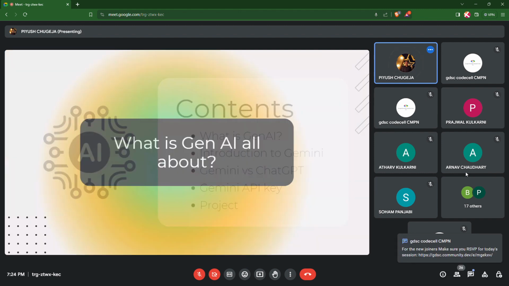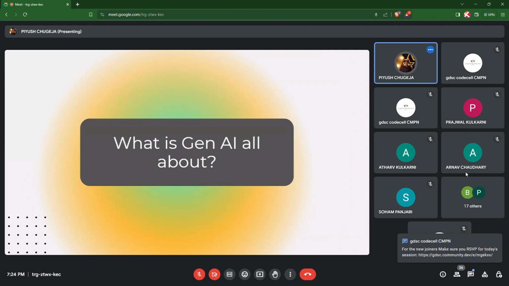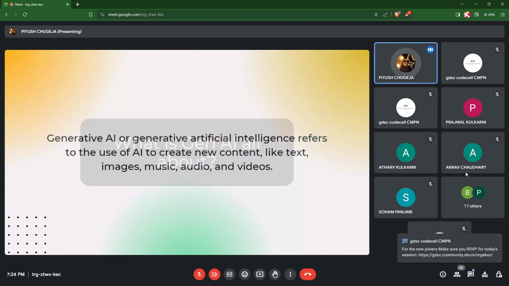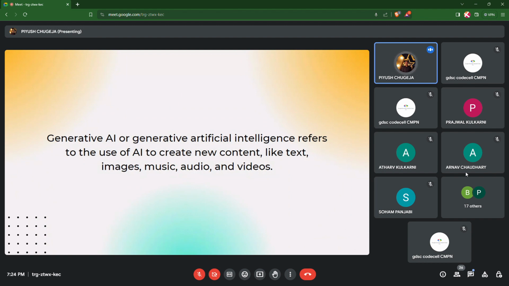So, what is Gen AI all about actually? Generative AI, or generative artificial intelligence, refers to the use of AI to create new content. For example, when I was a kid, I used to think I will build a television that will display what I am thinking about.